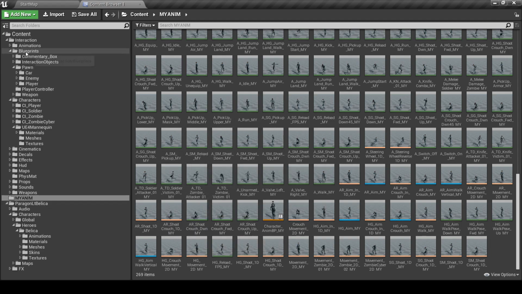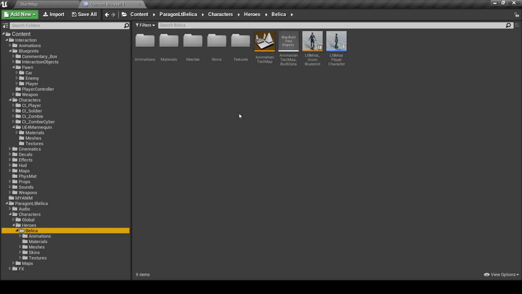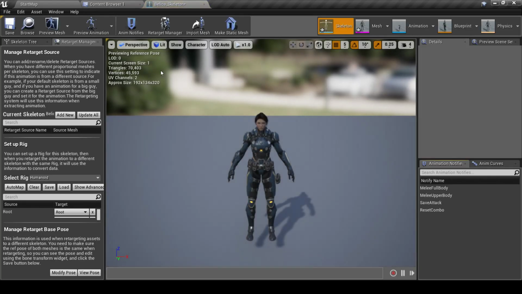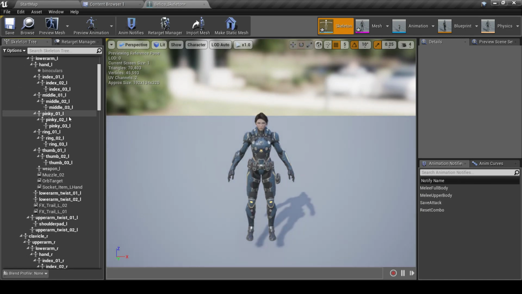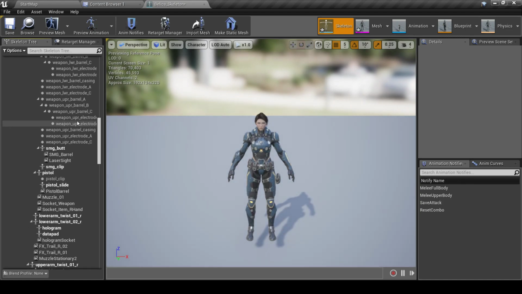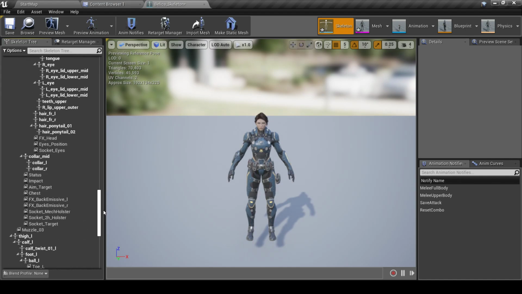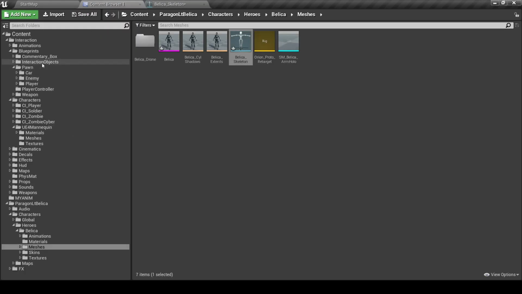Alright, now almost everything is ready except for a little bit in the skeleton. So let's open the skeleton. We need to add sockets. Oh, actually, I already did this, but basically you need to add every socket